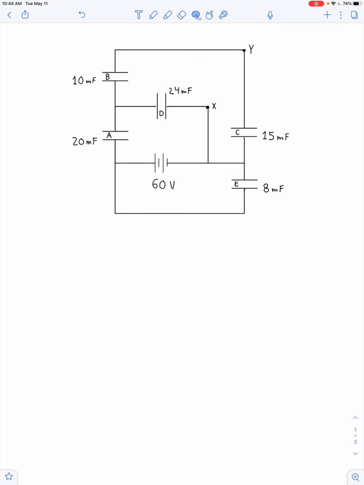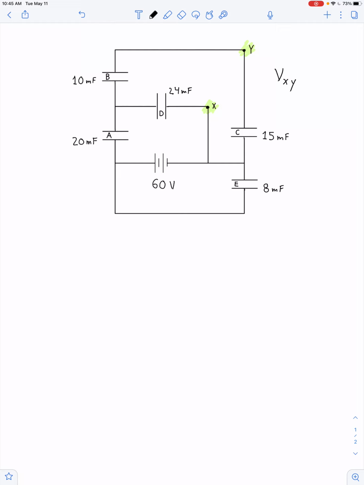Unit 2.2 is all about capacitance, and the first question from the quiz on Unit 2.2 was a circuit that has a network of capacitors in combinations of series and parallel. And we have to find what's the electric potential difference between point X and Y. In other words, what's the value of